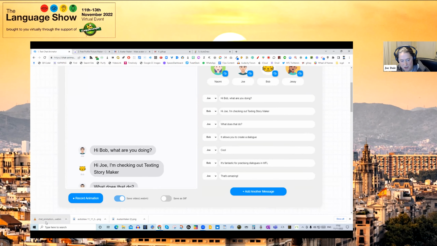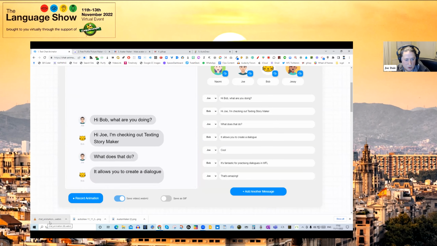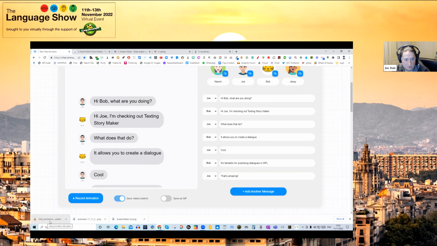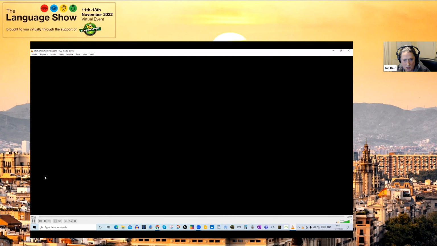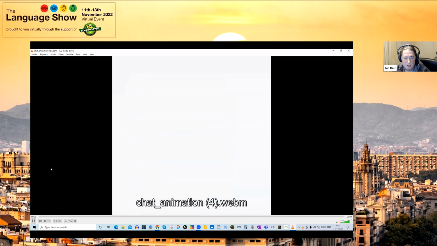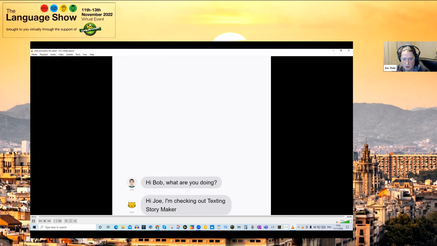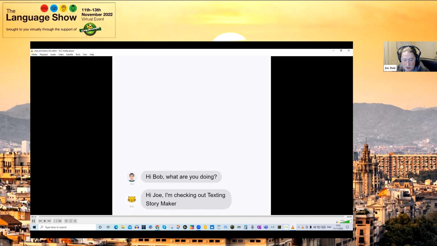It so happens I have the VLC player installed, which will cope with WEBM files with aplomb. So if I click on this right now, you can see the video. There we are. Can you see? So the video is going to start playing in a second, but you get this sort of little title there at the bottom, and that's it. So from there, as I said, you could put this into another program and record a voiceover. So that's how you export as a video clip.